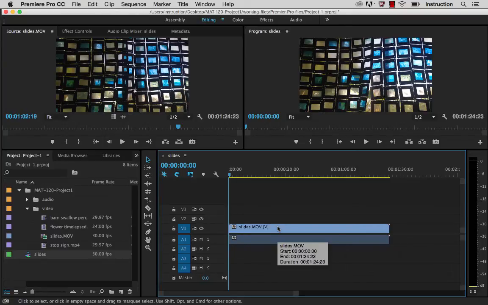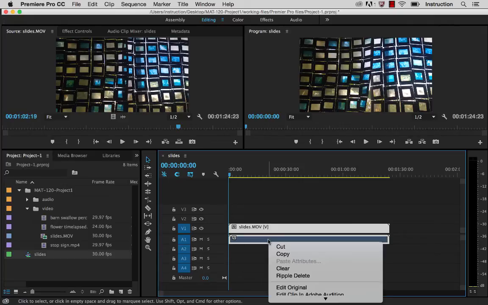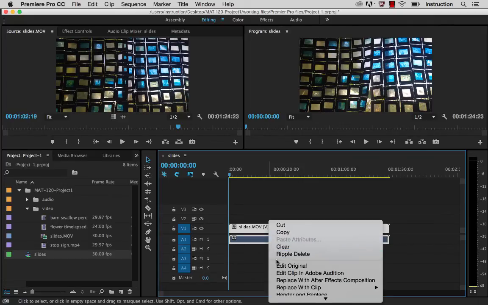Okay, so the first thing I want you to notice is what it did. It put it in the V1 channel, and it put it in the A1 channel. Because this video clip has video and the thing below it is the audio in the timeline, it automatically drags both in. If you ever want to separate the audio, to remove it or to mute it, then what you can do is right-click the audio, and then you can come down and say,